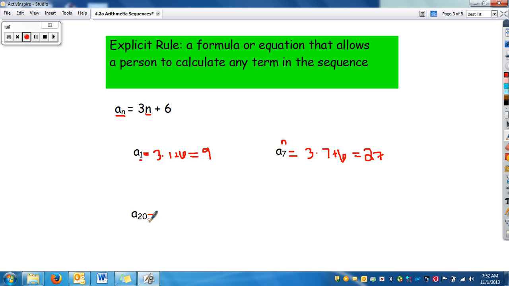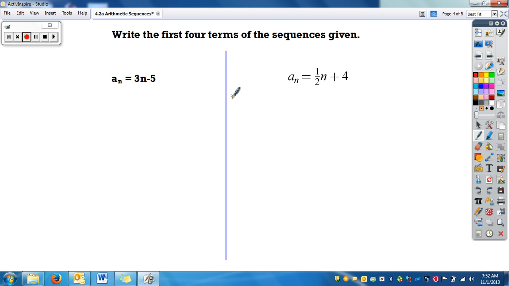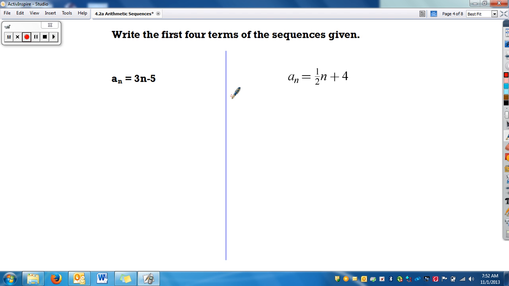And then so forth, a sub 20, and you might want to do this one on your own, is 3 times 20 plus 6. So 3 times 20 is 60, plus 6 is 66. We use these to write our sequences because we can just keep plugging in numbers to get each one. So they always start off with a sub 1. So I can plug 1 in for n, and I get 3 times 1 minus 5,